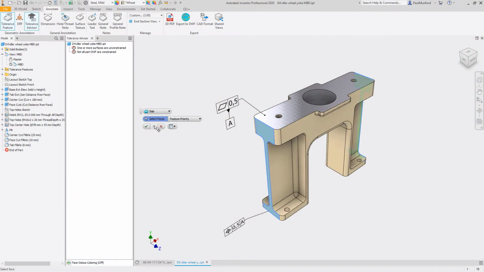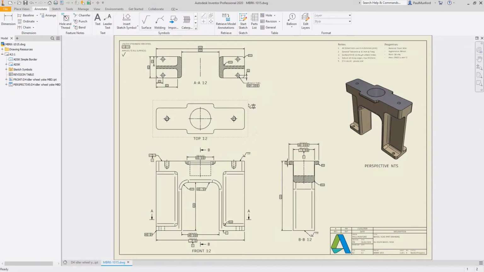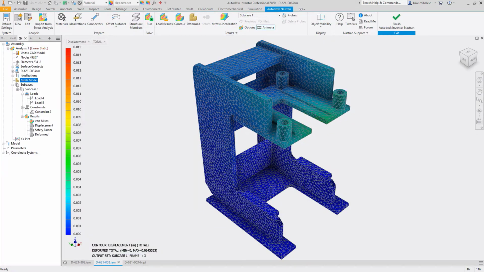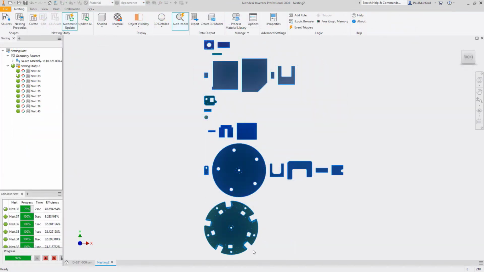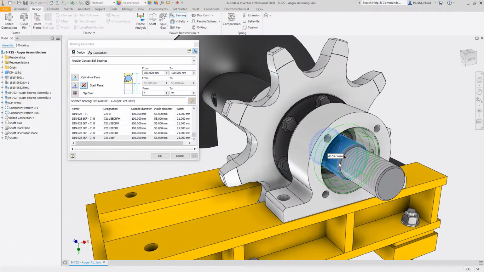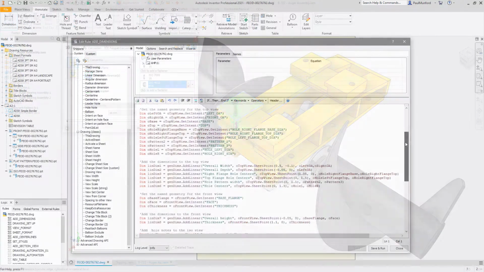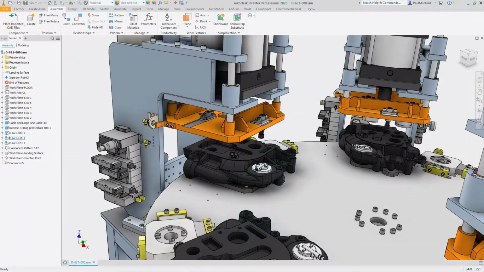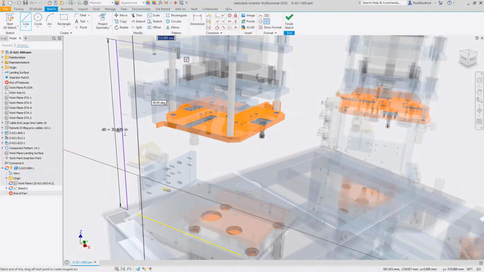At Autodesk, we automated the tasks of detailing technical drawings with AutoCAD. We automated the creation of drawings from a 3D model with Autodesk Inventor. And we continue to automate your design and engineering process from sales proposal to your product's end of life. In this video, we'd like to highlight some of the automation tools available to you in Inventor and the Product